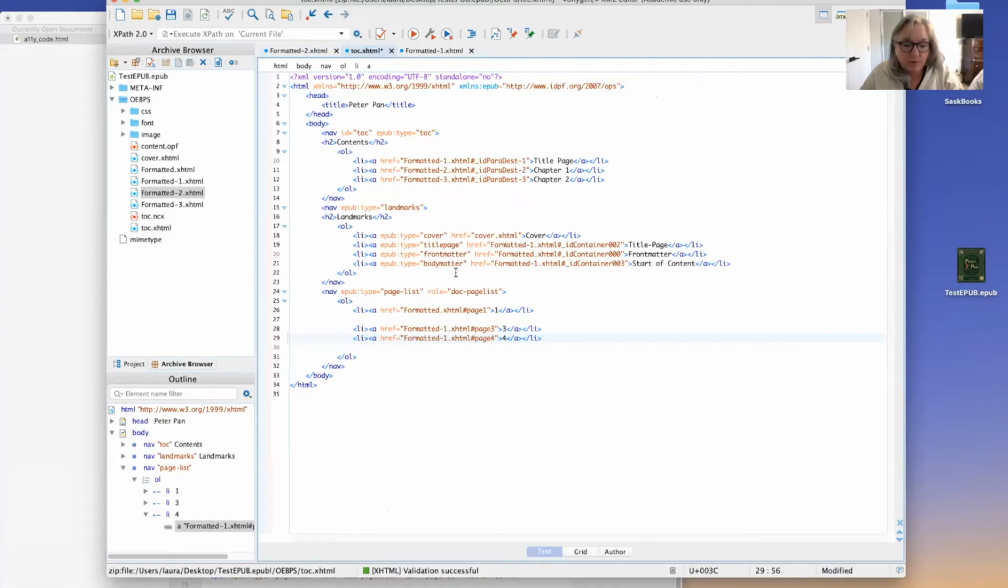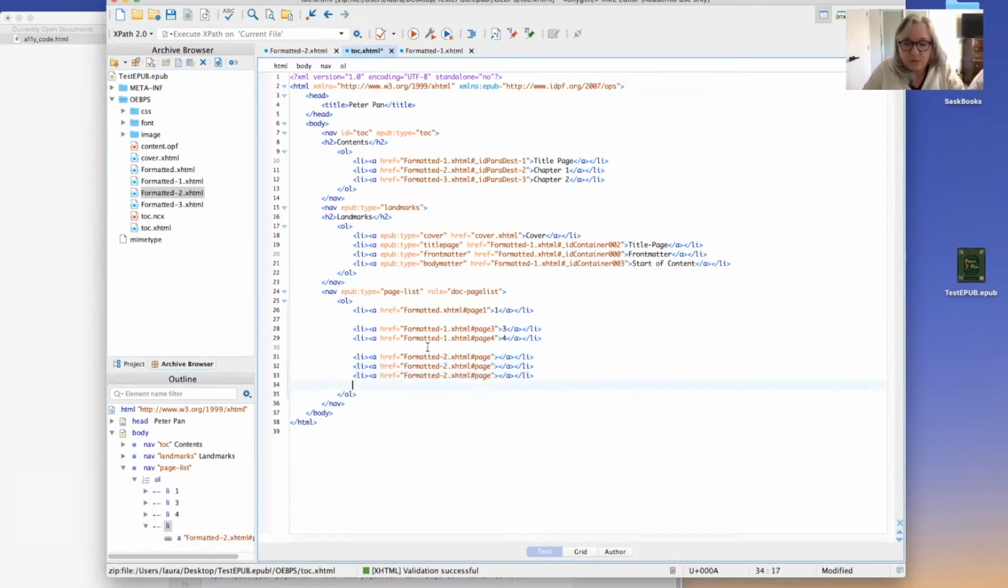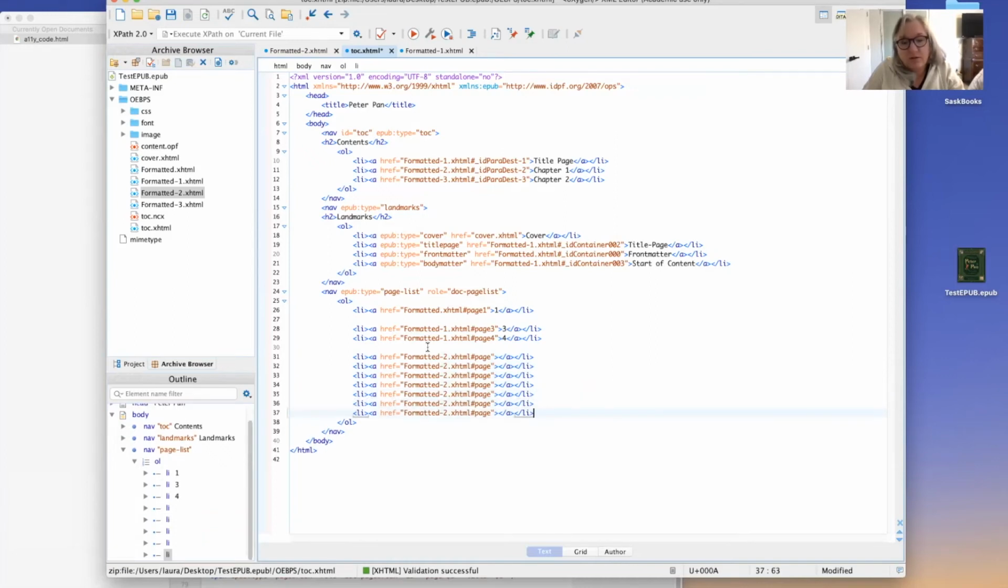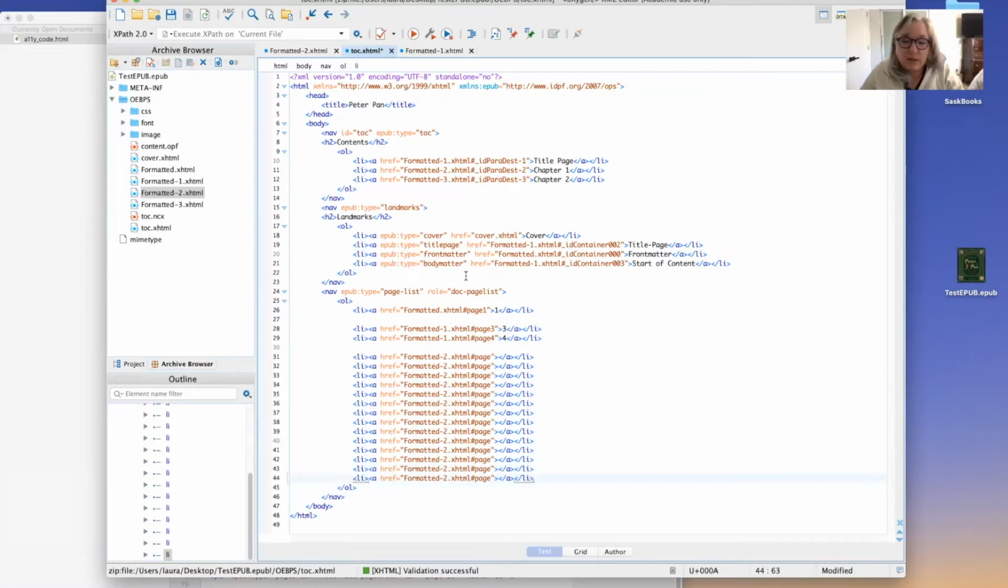So let's go back over here. I'm going to make this formatted 2. I'm going to remove this and then paste that. So that's 5, 6, 7, 8, 9, 10, 11, 12, 13, 14, 15, 16, 17, 18. So this is super tedious, as you can see, and would get really tiresome with a long book. This is a short book, so we can deal, but